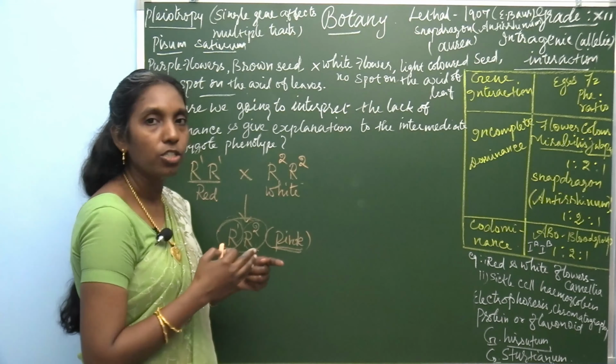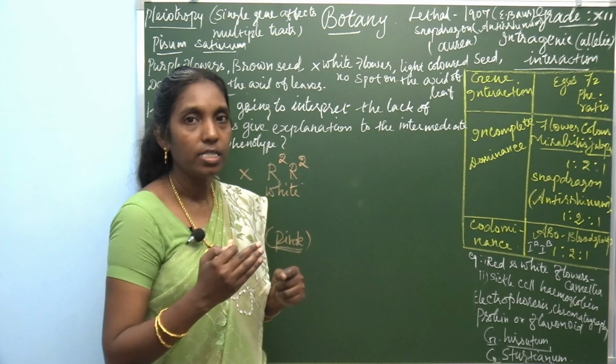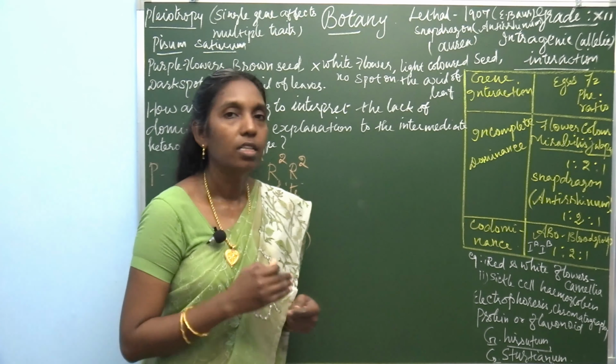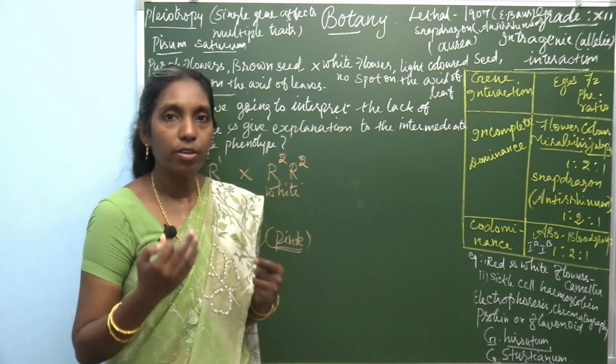Let's see what are the other examples of this. The intragenic interaction, codominance. In codominance, the genotypic and the phenotypic characters are simultaneously expressed. It's the character of simultaneous expression of the genes. The genes express simultaneously. There are a few examples found in this.